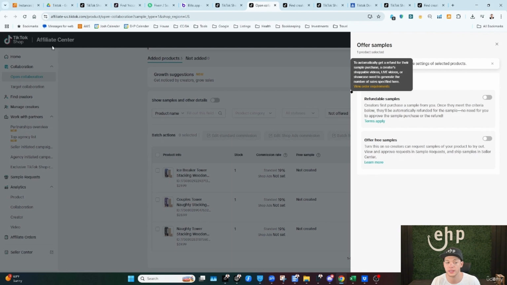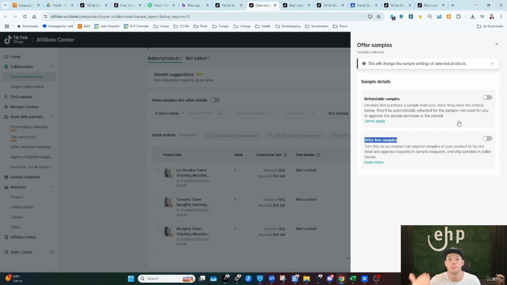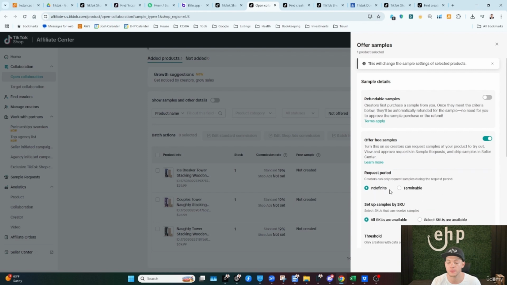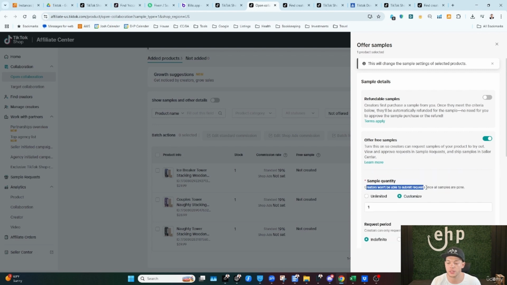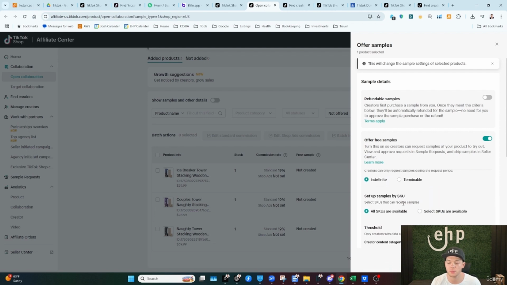So again, this is in Affiliate Center, open collaboration, and you can offer refundable samples or free samples. Refundable samples aren't as good because the affiliate has to pay for it, and then they get the money back if they make a sale. So you're going to get a lot less affiliates. You want to have free samples, right? Creators won't be able to submit requests once all samples are gone. I recommend to start with an indefinite request period,